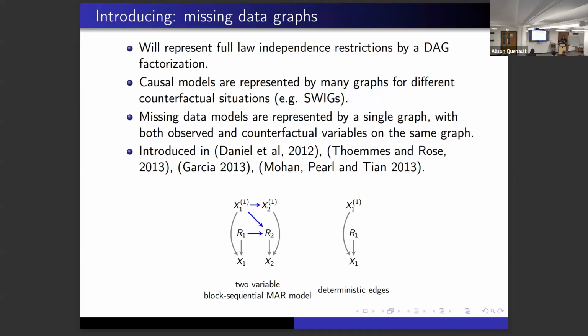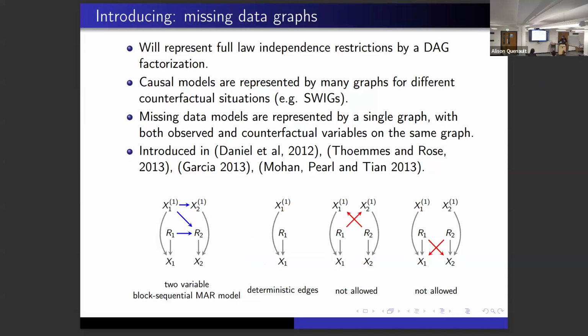Every proxy always has parents, the underlying variable and the indicator, because the proxy is artificial. It's always defined in terms of those two. So the gray edges just mean artificial definition, not really part of the model. The real action is with the blue edges. Here in particular, you have three edges, and that induces a certain factorization. That factorization tells you certain things about the way the indicators relate to the underlying variables, and that hopefully tells you what to do. Now, again, this is the block sequential MAR from their paper, and you will not find this graph in that paper. They just do this by writing lists of independences instead. But it doesn't matter. You can do it algebraically, you can do it graphically, it's the same model.